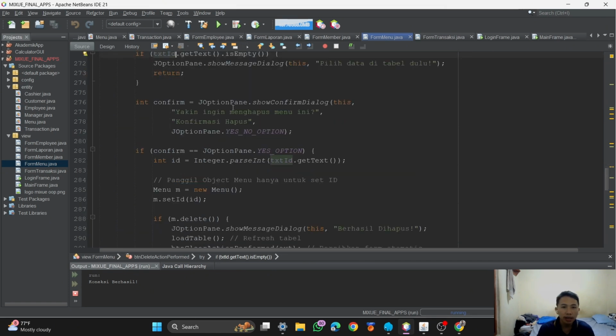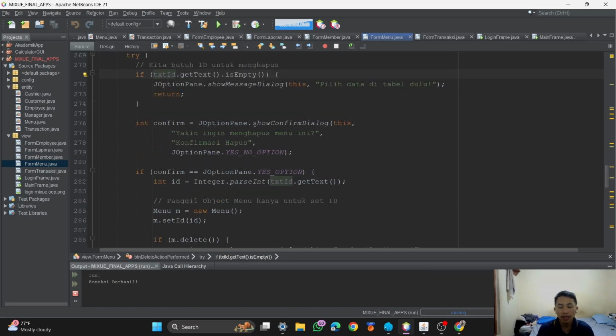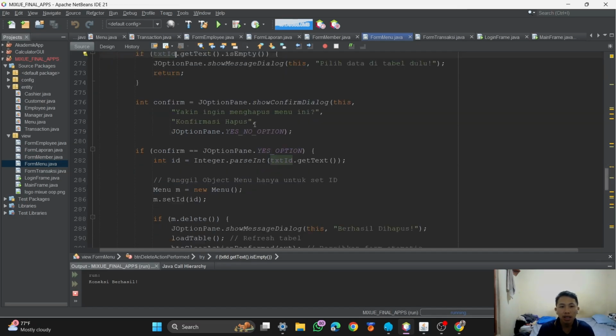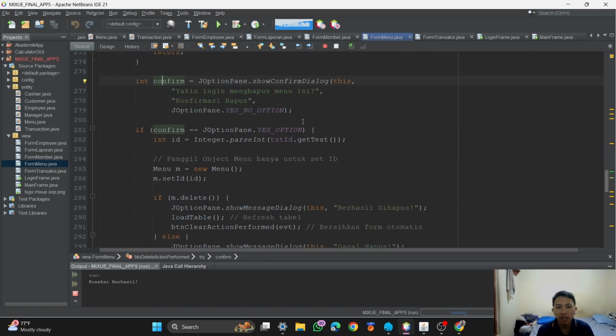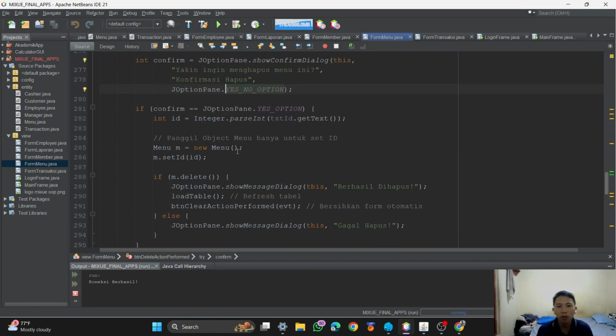If we select data from the table and click delete, it will show the dialog 'Yakin ingin menghapus menu ini' and give a yes no option. Yes no option means click yes or click no.